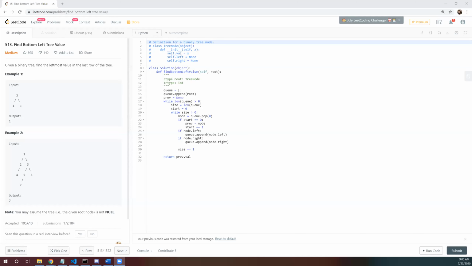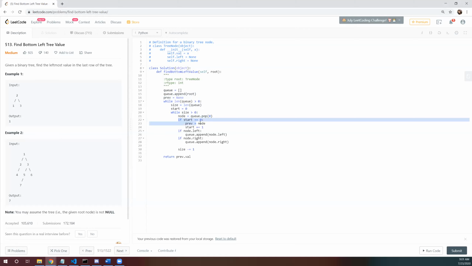Can you see my screen? Yeah. So it's a simple BFS. I added the root in a queue and then took one variable, which is a previous, and initialized BFS, and while size is greater than 0, I popped my node. Here is the main logic.